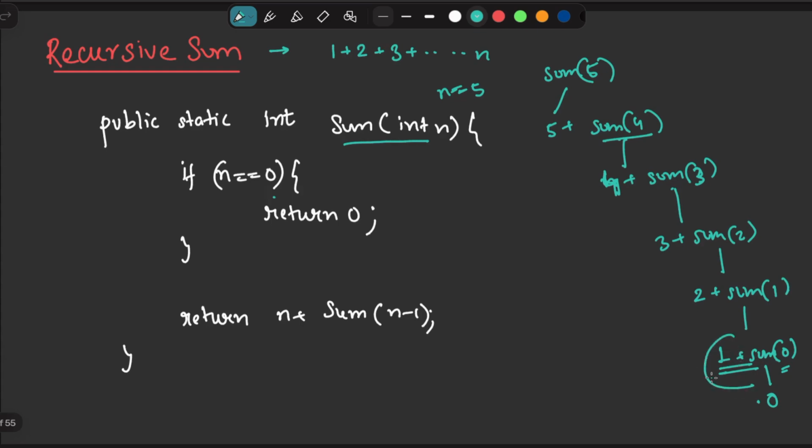So what is this returning in total? This is returning 1 plus 0, which is 1, to sum of 1. So it returned 1 to sum of 1. Sum of 1 became 1. So in total this became 3. So what will be returned to sum of 2? Sum of 2 will be given 3. So this 3 and this 3 become